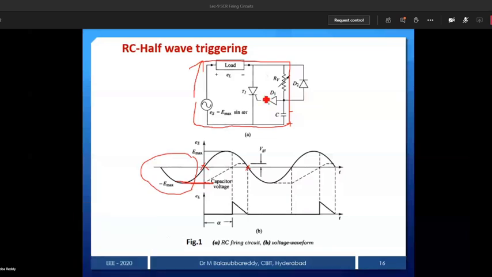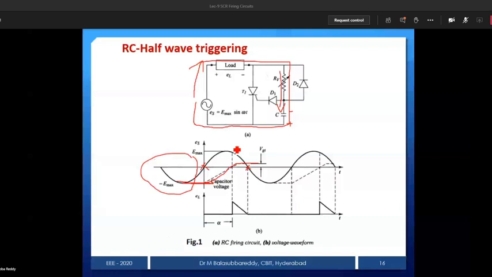Now what is the time constant of the capacitor? Tau is equal to RC. Now negative, you are pouring some positive, then what will happen? That negative becomes 0. You cannot get directly to positive. So from minus V maximum, you are adding some positives, therefore the minus quantity decreases, and at some point of time it reaches 0, and then it becomes VGT, meaning positive. You know one logic: once the voltage across gate and cathode reaches VGT, automatically the SCR is going to be triggered. Is it clear?